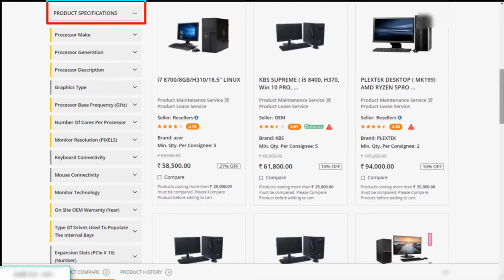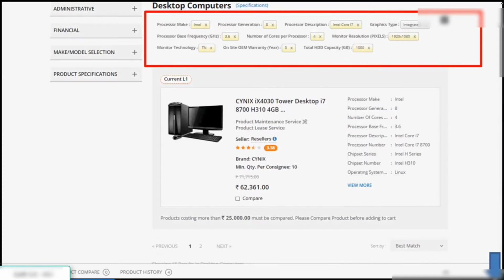There are two types of parameter listed under product specification filter, that is golden parameter and others. List with yellow color border on left side are defined as golden parameters. Golden parameters refer to the general specification available for products which impacts its pricing. If you choose a value for golden parameter, only products with same value or above will appear on the search list. After applying all desired filters, we can see our filtered market as shown in the screen.